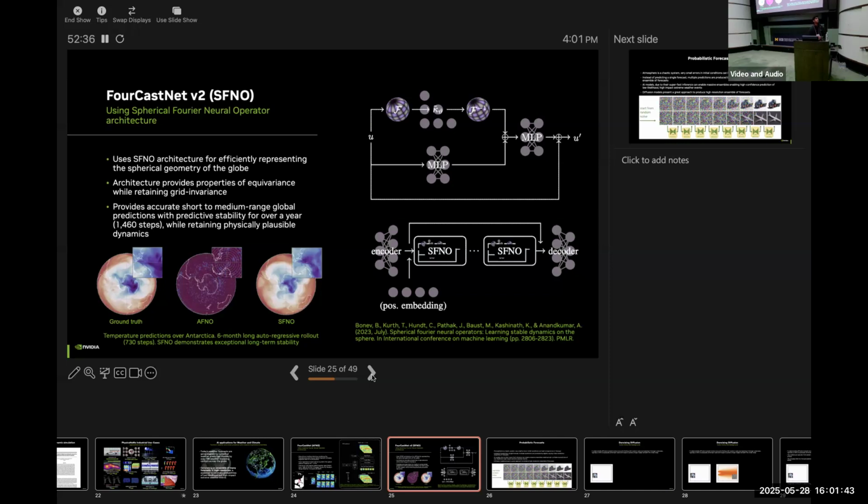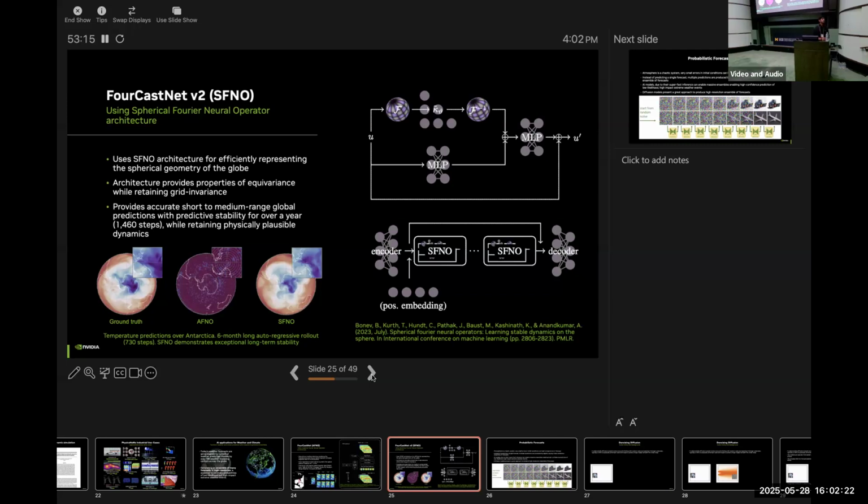You motivate this by interest in these low probability but high impact events. So I'm curious, do you ever look at whether your model directly gets that right compared to some reference? Yeah, that's a great question. I think in a deterministic sense, it comes close, but of course it doesn't match exactly. And I think that's where we are looking at these probabilistic metrics to better evaluate some of these things.